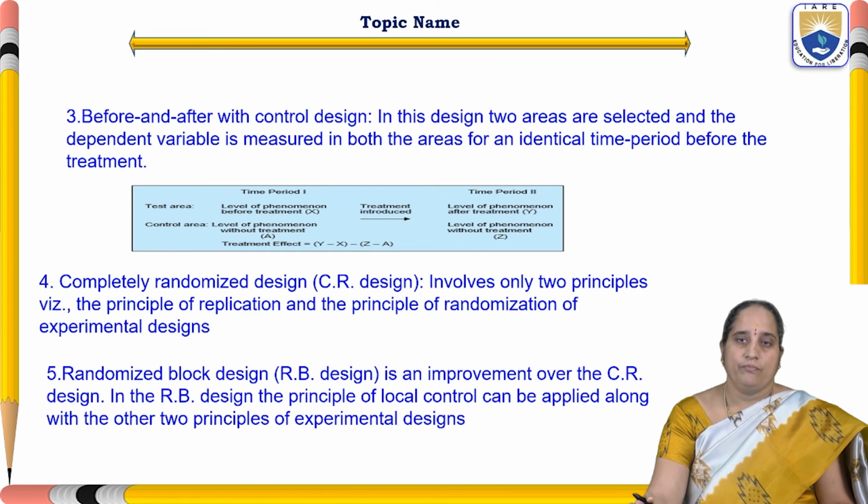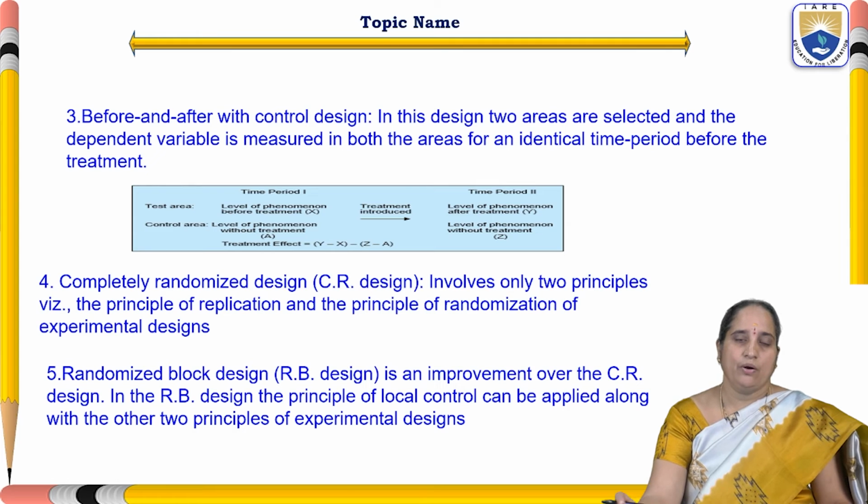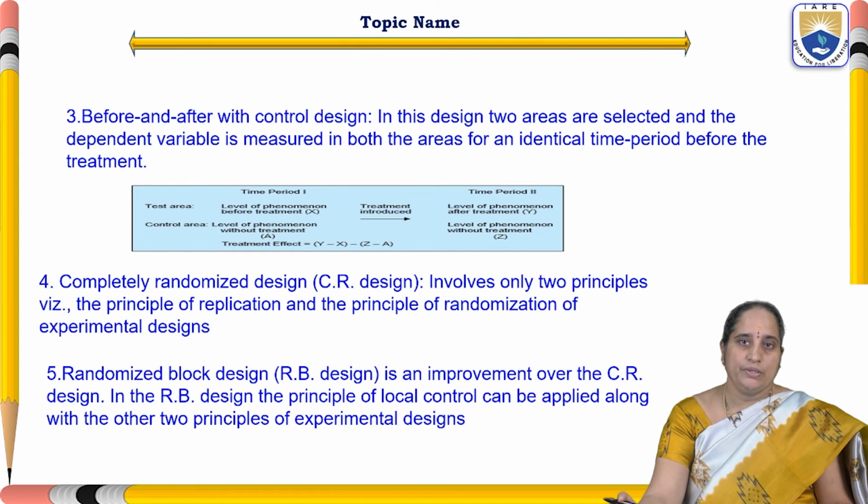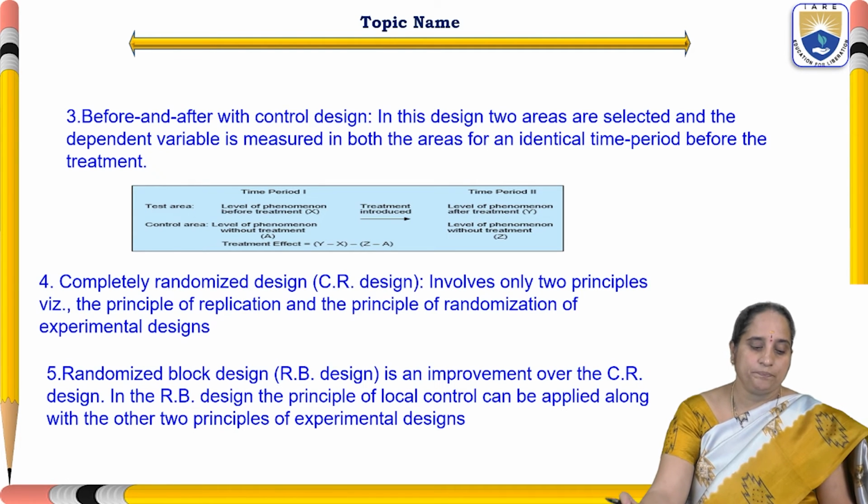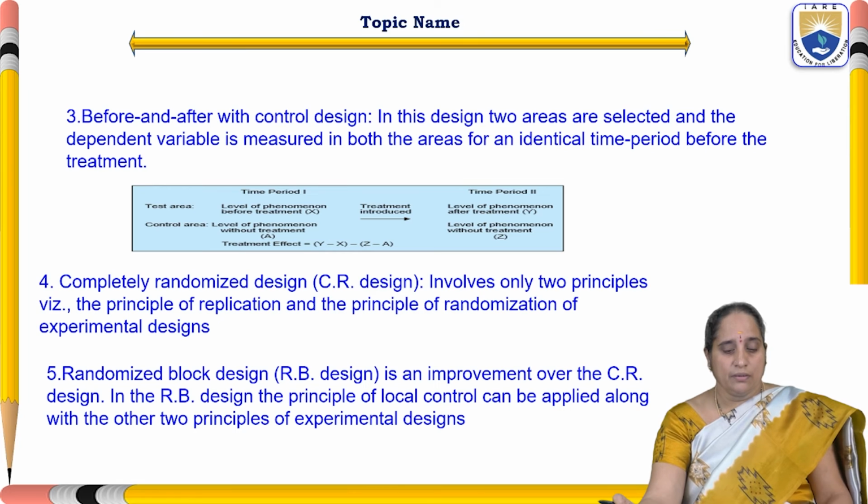Then minus, now we have to take the difference between the level of the phenomenon without treatment, before using, and after using the treatment under the control area. So that is how we used to measure the treatment effect. Then coming to